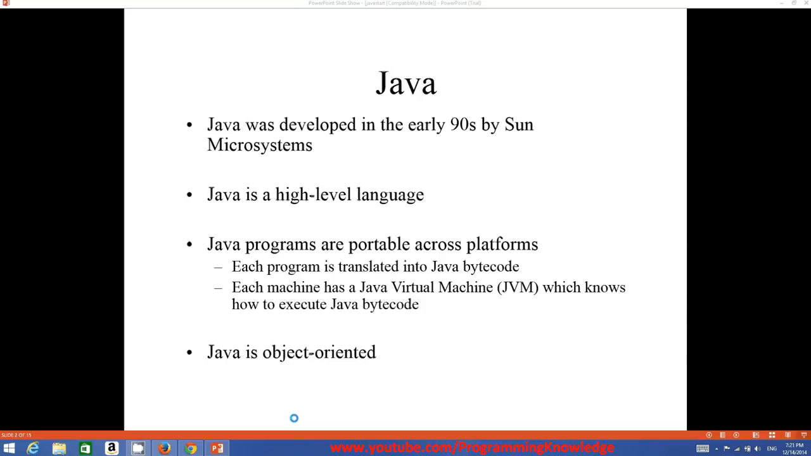So what is Java? Java is a high-level programming language which was developed by Sun Microsystem in the early 90s. As with any other high-level programming language like C Sharp or C++, Java is also a high-level language, but it's a little bit different from other languages in the sense that it's a cross-platform programming language which you can develop and run on multiple operating systems like Windows, Linux, and Mac OS or any